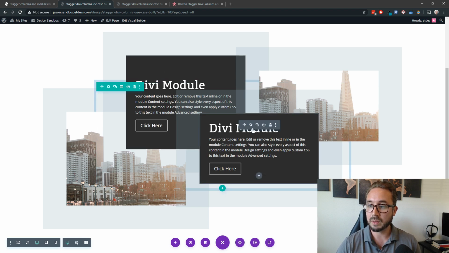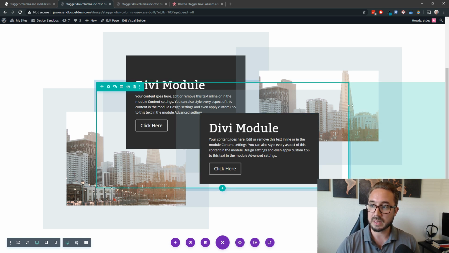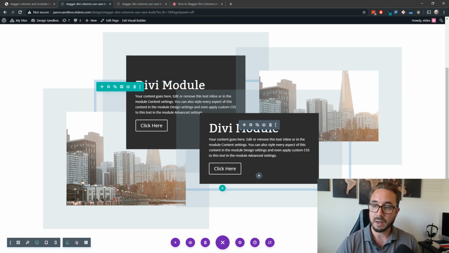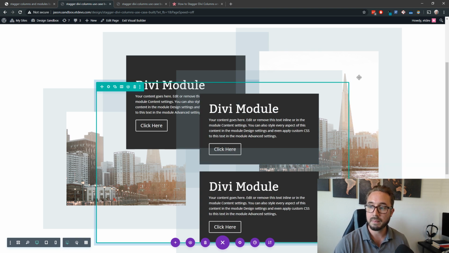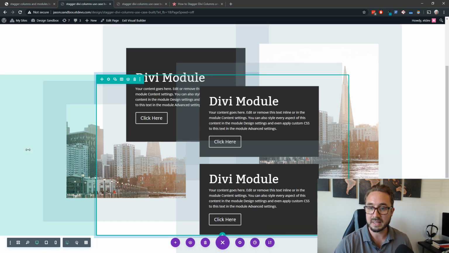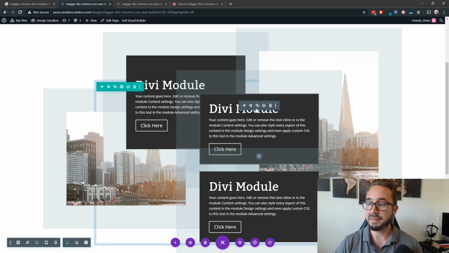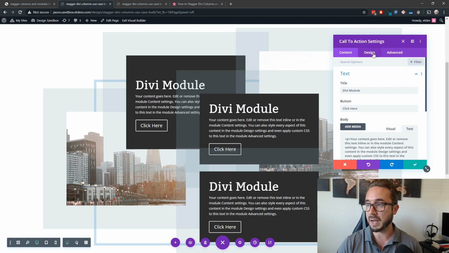I could also duplicate or add more than one module. And because this, for example, is a column background here, if I duplicate this module, you see that the column, of course, to accommodate for the increased amount of content, has also grown. So the background image has grown. So you have a larger background image, which also adds a nice kind of design effect. And all I need to do to balance out the design a bit is move this module over